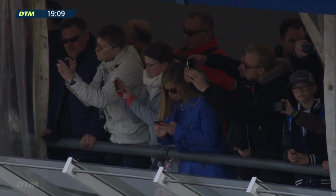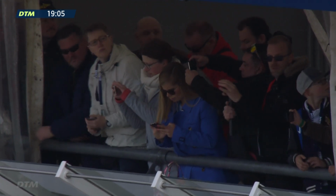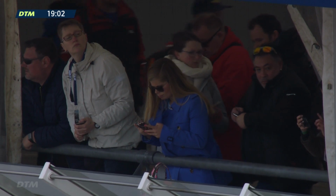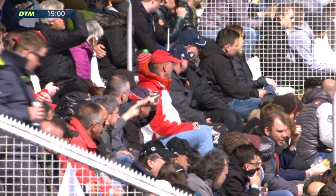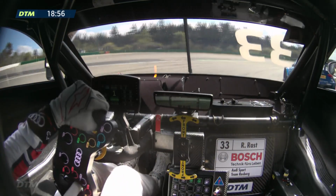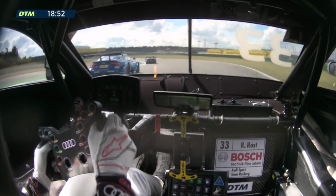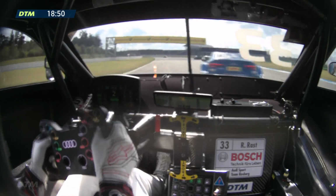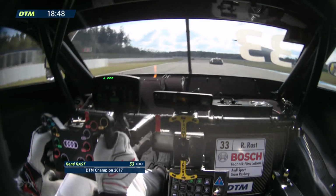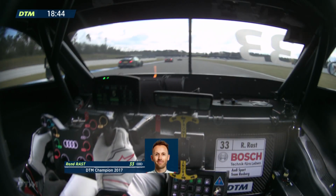They actually have a screen in the cockpit, and projected onto the screen are the images from cameras at the rear of the car, replicating almost exactly what they would see through a rear-view mirror, but a rear-view mirror is non-existent inside the cockpit of the DTM cars now. You can see there, just above the yellow lever which adjusts the brake bias on the René Rast Audi Sport Team Rosberg car, there is the screen, which is shaped exactly like a rear-view mirror and gives those images immediately behind,